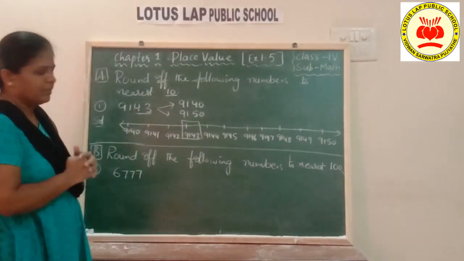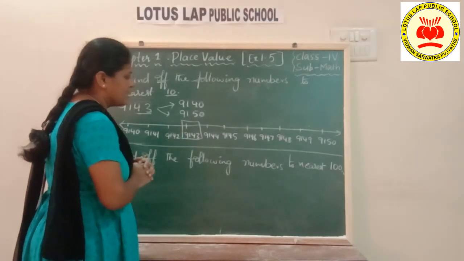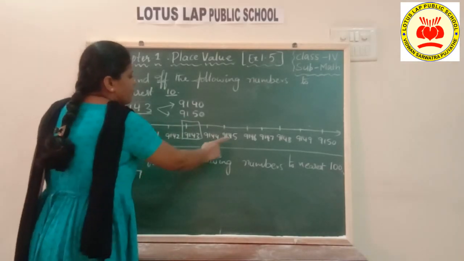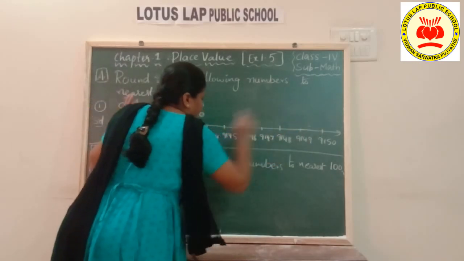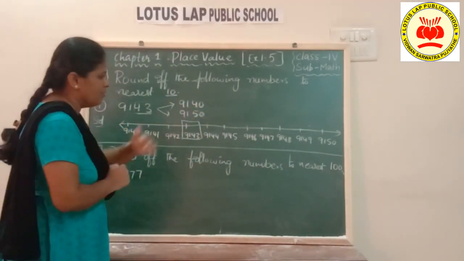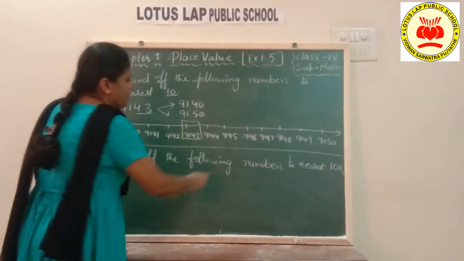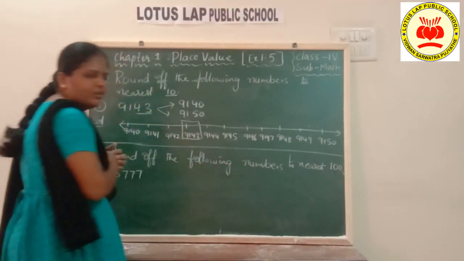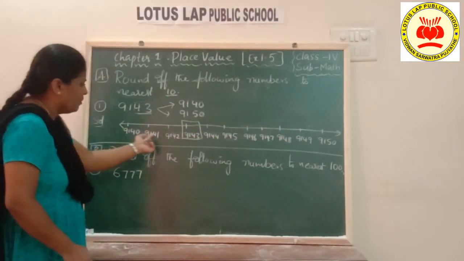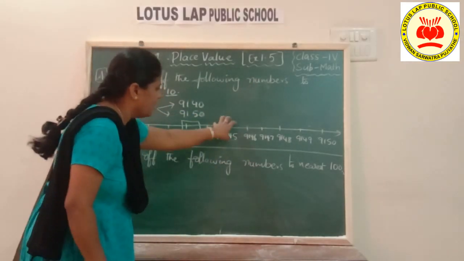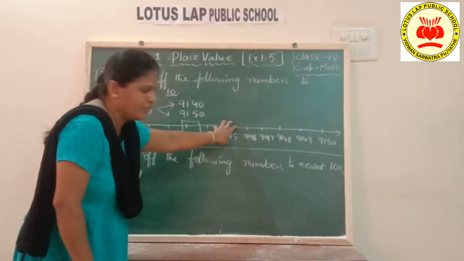And one more thing, children, there is one more way of solving this sum. Identify the middle number from this number to this number on the number line. I have written the numbers now. What is the middle number you can identify? The middle number will be 5, obviously, 9145. Or else you can just count the numbers. 11 numbers are there. This number is the middle number. So that is one more way of counting.